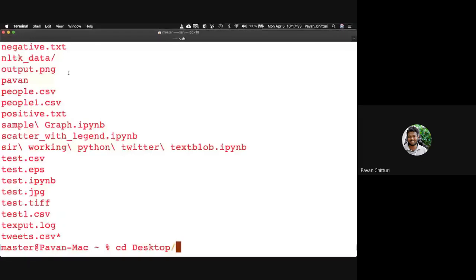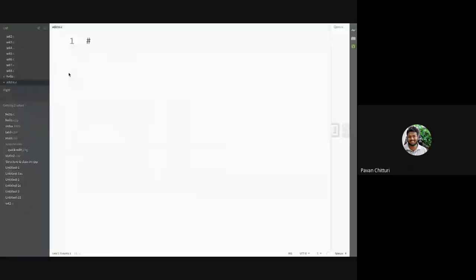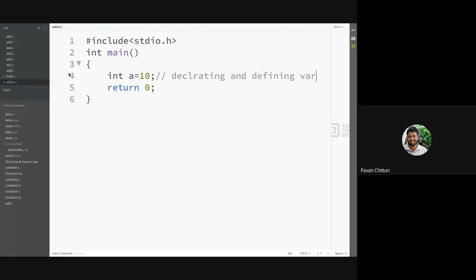Now I'm trying to just print the address of a particular variable, which includes stdio.h. So int main, as I wrote int main, I need to return something for sure, return 0. So I want to initialize a variable with the value 10, declaring and defining the variable.